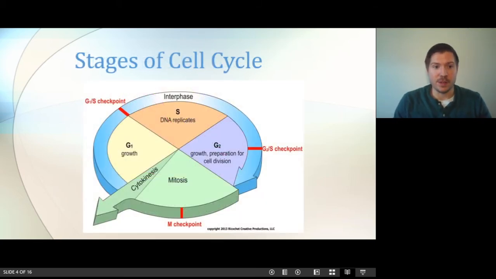Starting with this diagram here, the cell cycle can be broken down a few different ways. One way is to look at this large blue bar here. Okay? The biggest part of a cell's lifespan is called interphase. This is when the cell is not dividing, when it's doing its job, and then eventually preparing to divide. But cells spend the vast majority of their time in this stage.